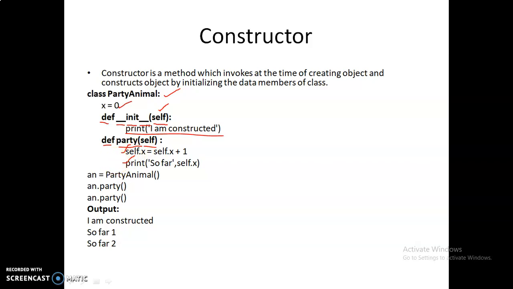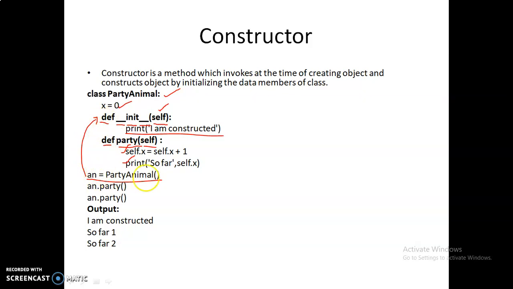Now we are creating an object for the class: an equals Party Animal. At this time, it invokes the constructor. We do not specify this method name anywhere in the creation of the object, but it calls the constructor by itself.